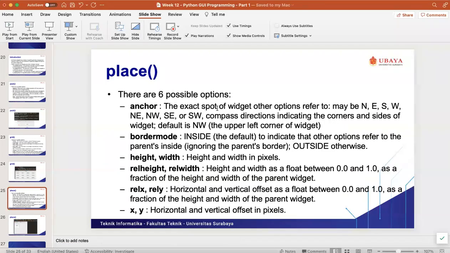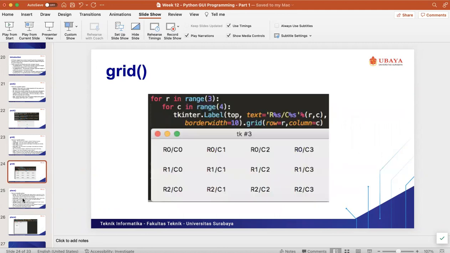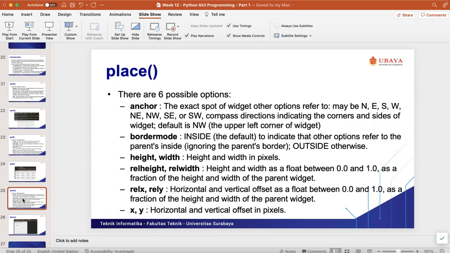So anchor, the exact spot of the widget other option referred to, maybe NESW, compass direction indicating the corners and sides of the widget. And the default value for the anchor is northwest, the upper left corner. Okay, Kathleen, I think I forgot a little bit about the place method.